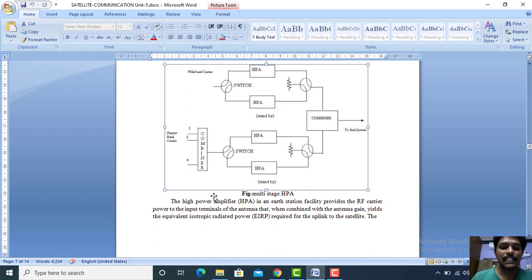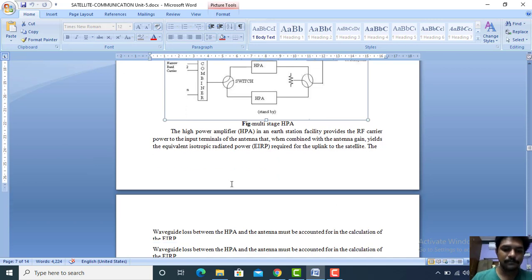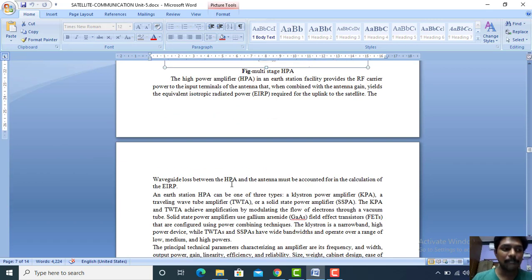So it will be calculating the effective isotropic radiation pattern of the signals of the antenna which is operating to make your signal uplink to the satellite. Okay, to make the uplink to the satellite. At the same time you will have some types of losses which will be present between the antenna and the high power amplifier also. Don't forget this, because when the signals are transmitting, definitely when it is crossing stage by stage,